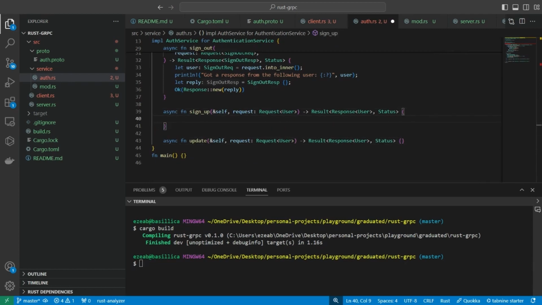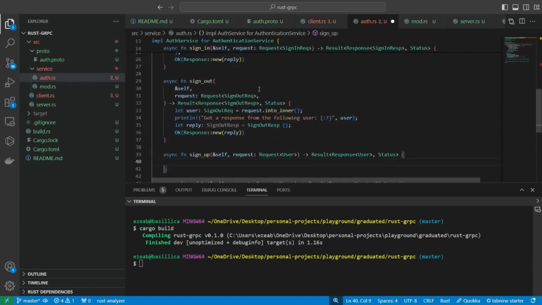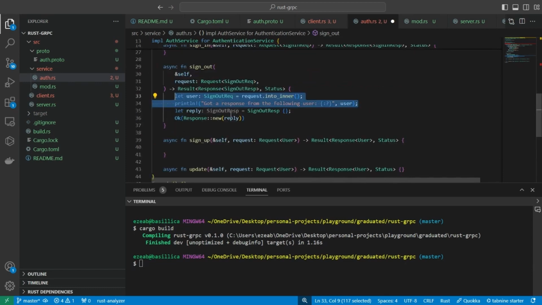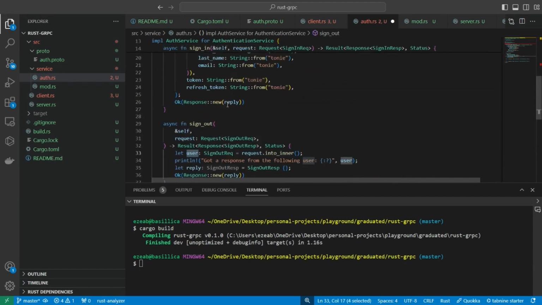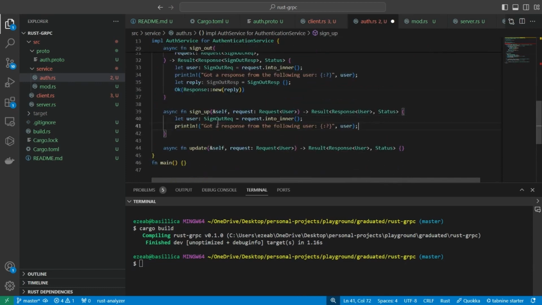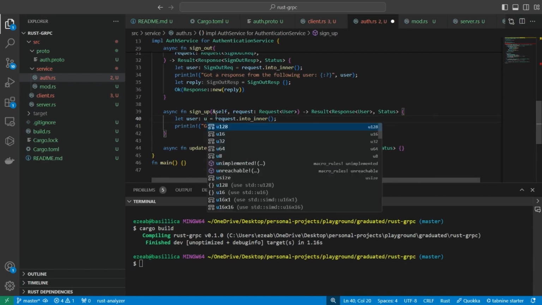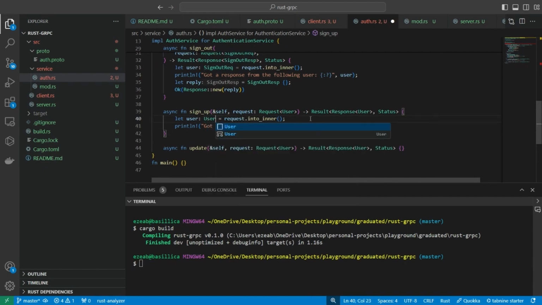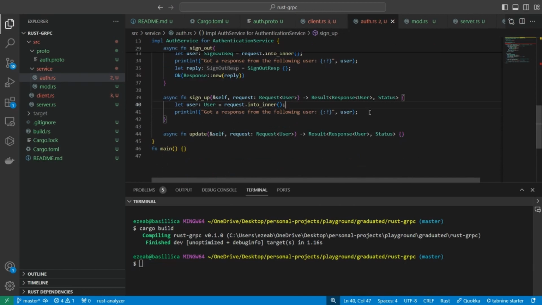For sign up, I'm not really going to do much, so I would just copy this here. I don't know why I was calling this user, but that's not much of my concern for now. So we get our user this way, and we log this again. And what I would want to do again is to just set up a reply and then return this to the user,